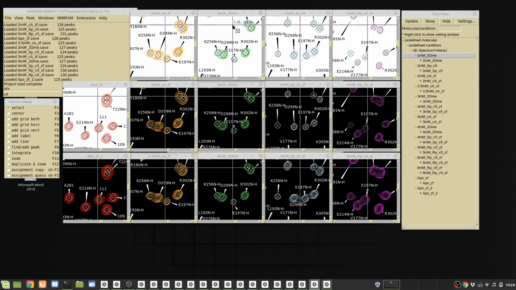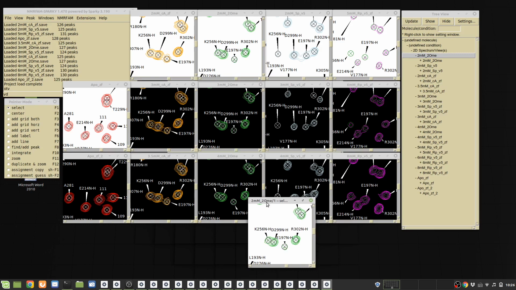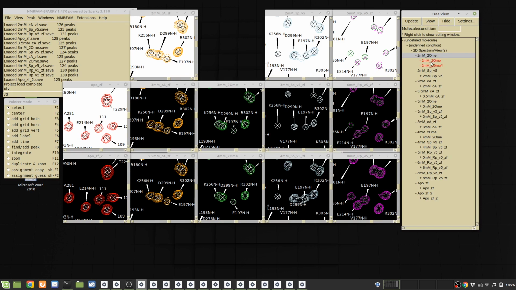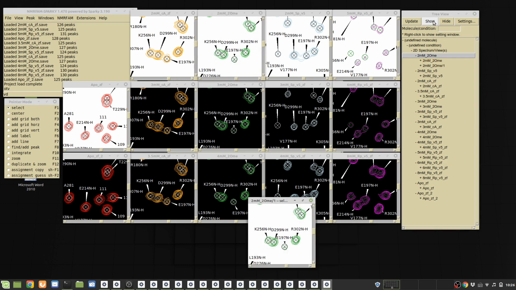So you can hide one particular spectrum and turn it on like this if you have multiple views. So let's say if you type VD, so you have two of these spectrum. And then if you just want to turn this off, you can click hide, and all the views associated with this spectrum will be hidden, and then you can make it visible like this. Okay,